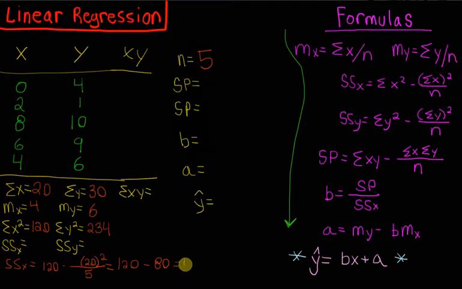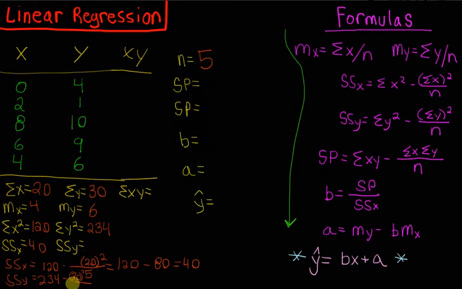And then that's going to give us a remainder of 40. Now I'm going to put 40 in here because we've solved for it. I'm going to do SSY. SSY is 234 minus, pardon me for the sort of room here, running out of room. So we're going to put 30